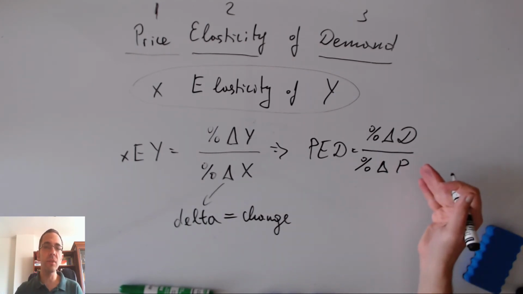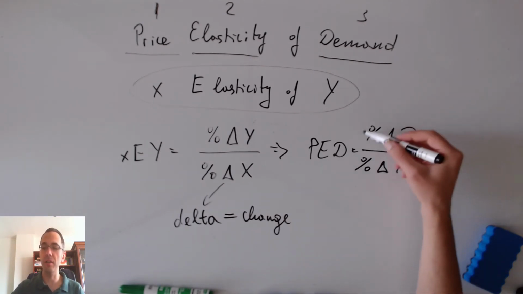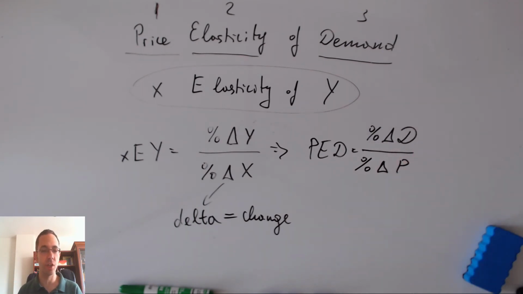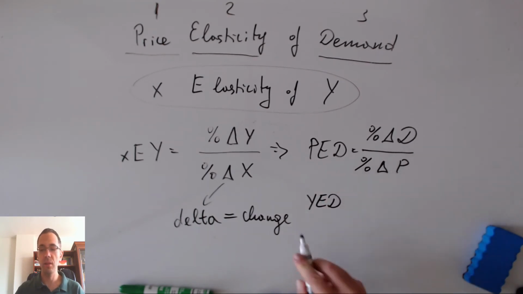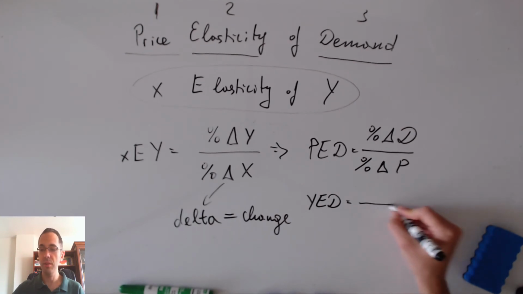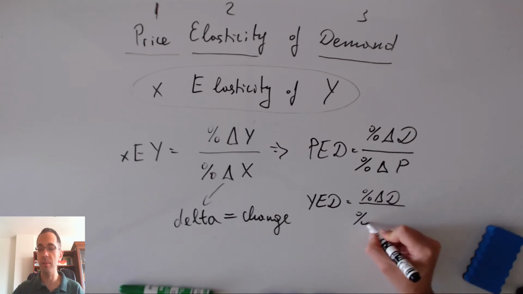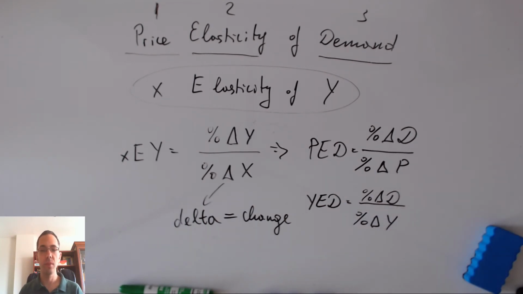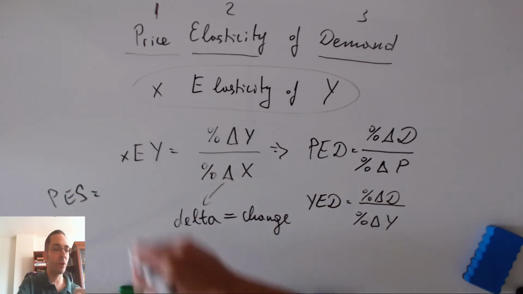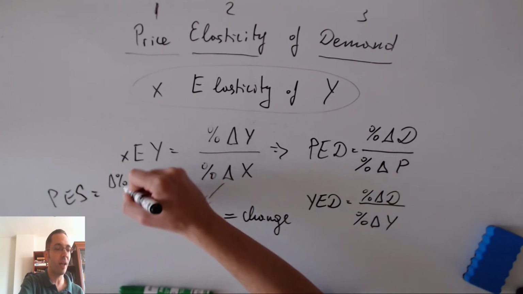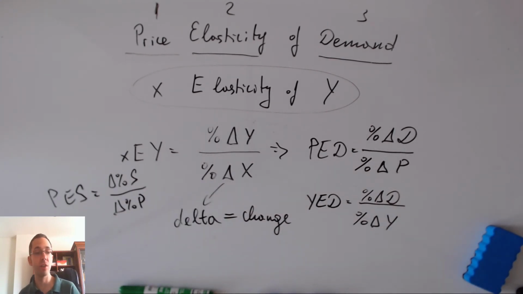And in the video that will follow, when I will speak specifically about price elasticity of demand, we're going to expand this, and we'll figure out how to calculate percentage change. If we have, let's say, income elasticity of demand, Y stands for income, this would mean that we have the percentage change in demand divided by the percentage change in income. If we have price elasticity of supply, using the same formula, it will be the percentage change in supply divided by the percentage change in the price. So you see,